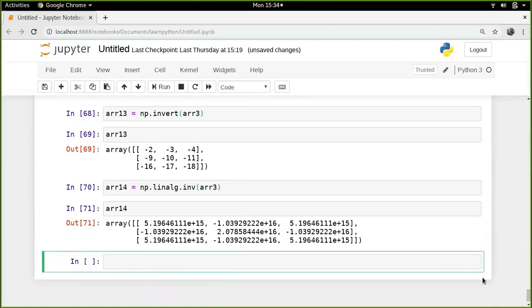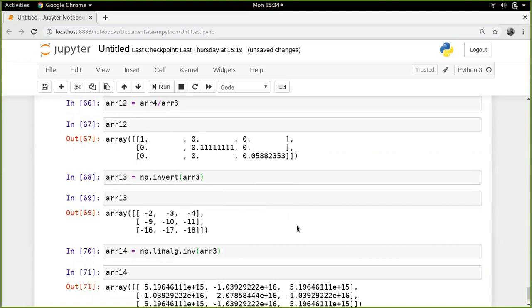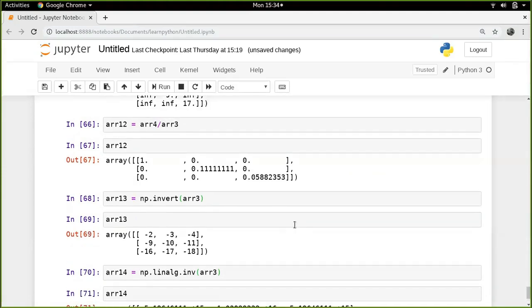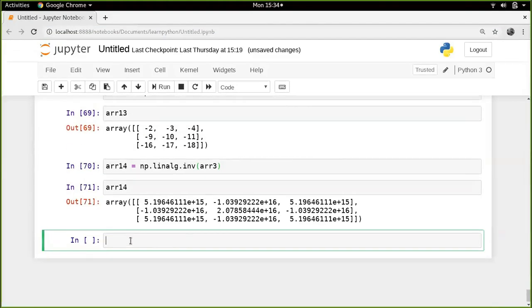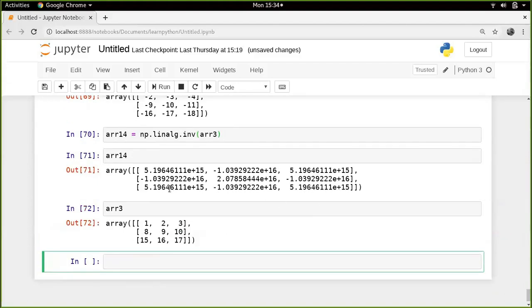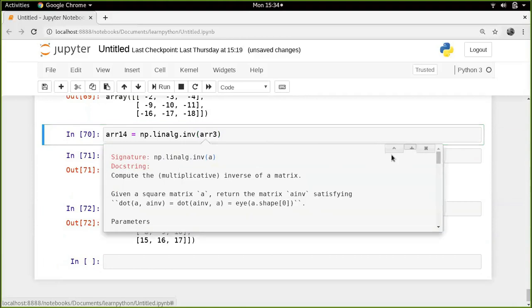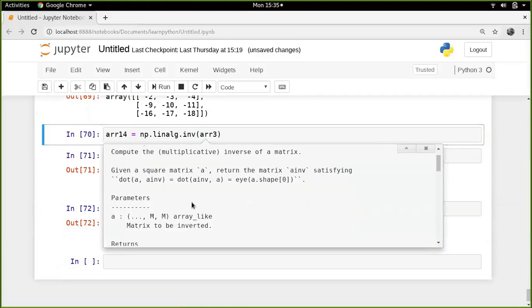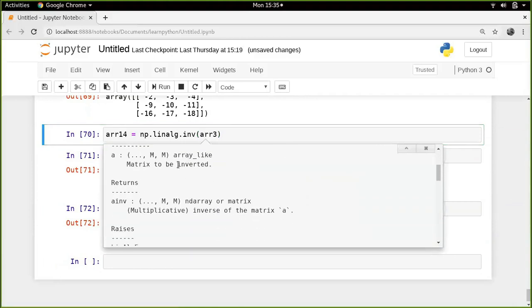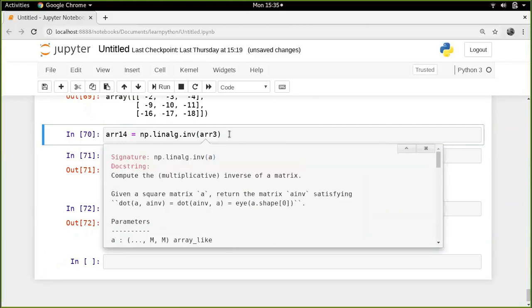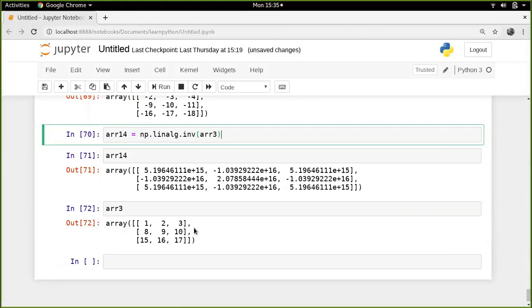All right. So actually there is something wrong. I think maybe there is some other problem here, because what is array 3? This doesn't seem right. I'll just check it up, but because this doesn't seem right, let me just see inverse. This does seem like the inverse. There seems to be something wrong. Matrix to be inverted, but this is exactly, so basically what you have to do is,